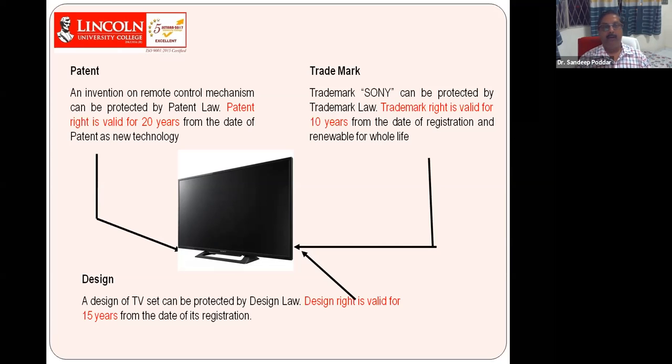Now for the patent, you must remember, as I told, it should have industry value. A patent is valid for 20 years. After that, it becomes public. And every year we have to pay the patent charge. Getting the patent takes around 3 to 4 years, sometimes 4 to 5 years with delay. After 4 or 5 years, once the patent is granted, it is valid for 20 years, and every year you have to renew it. And the charge is increasing. It is not the same charge or a decreasing charge; every year the charge goes up.